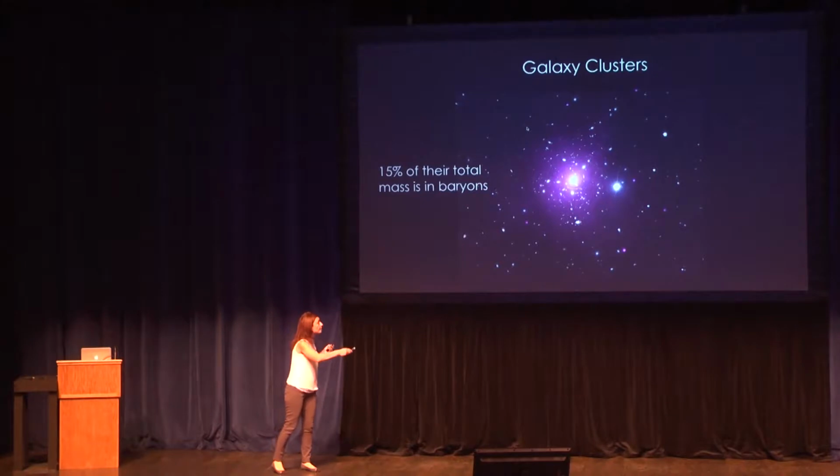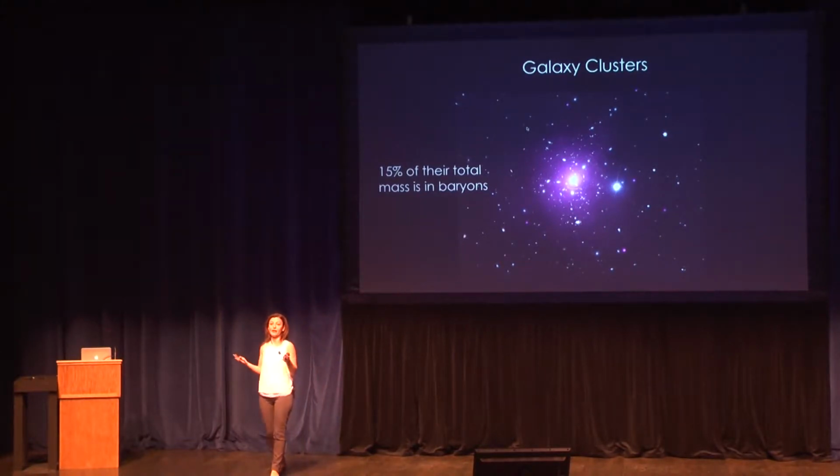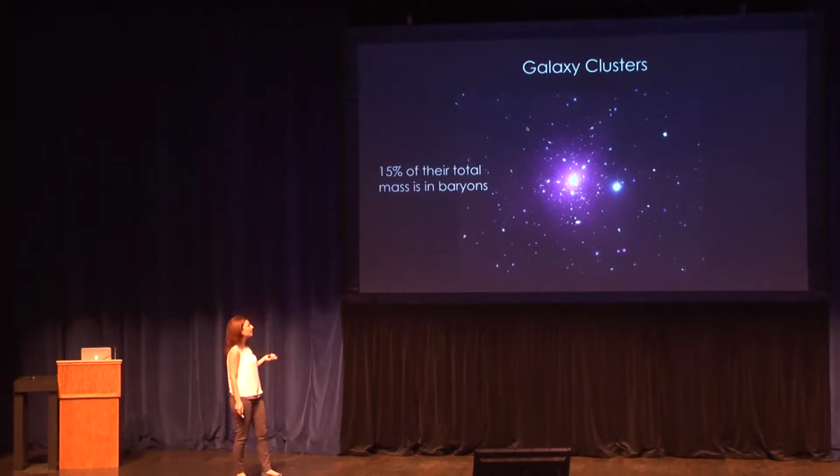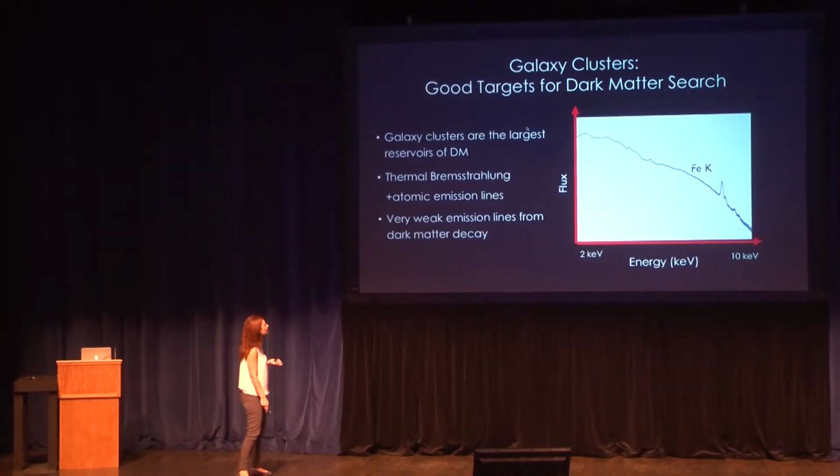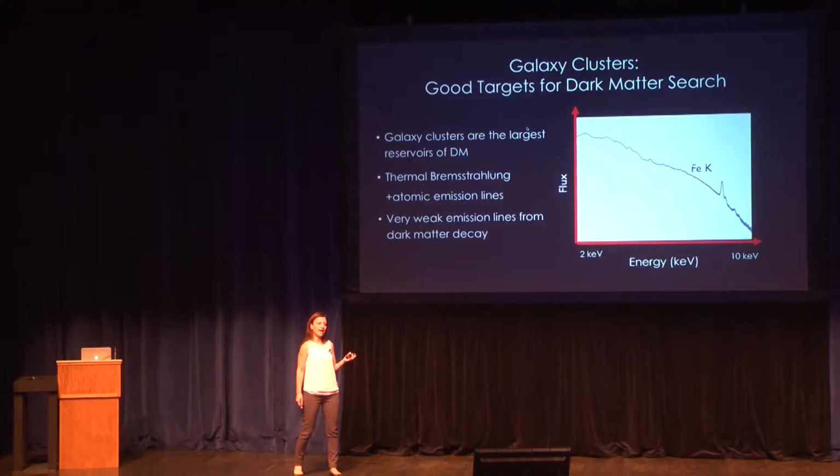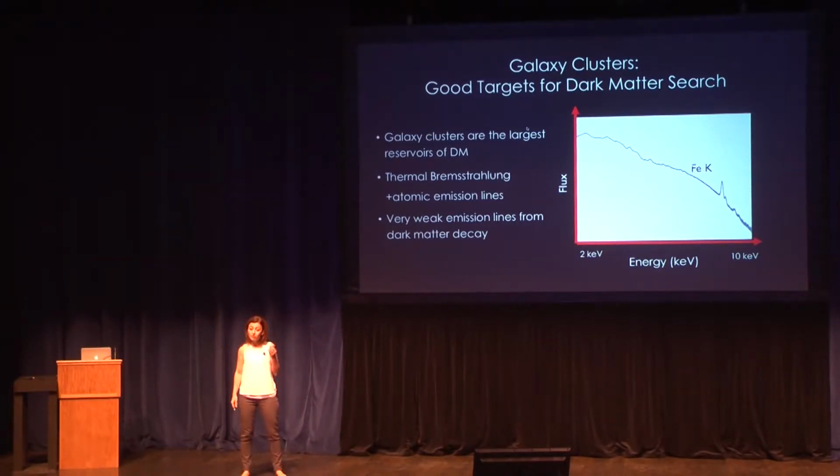But the baryons, what you actually see in this picture, make up only 15% of their mass. 85% is in dark matter. That's why they are really good targets for dark matter searches. So we decided to go after these targets. But beyond that, I think the most important reason is that they have relatively simple physics compared to galaxies,